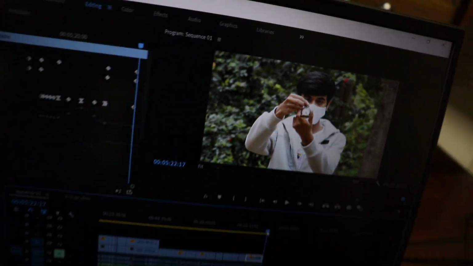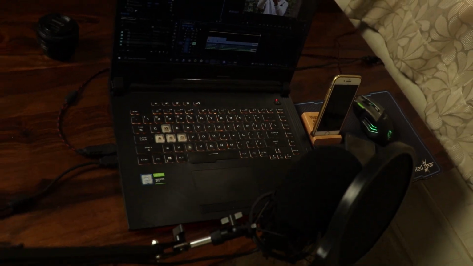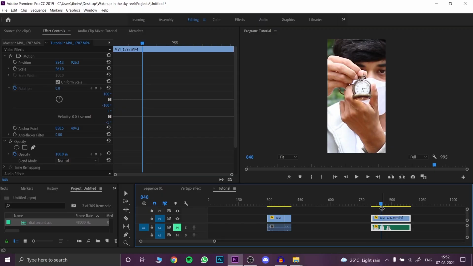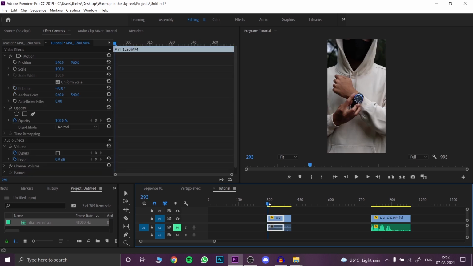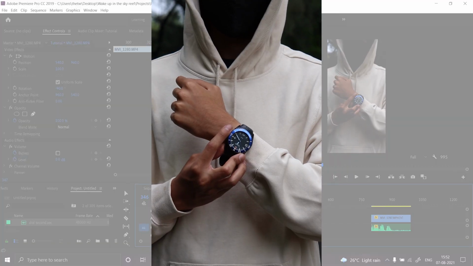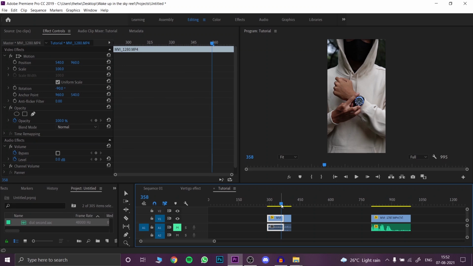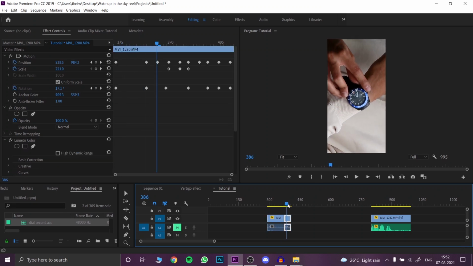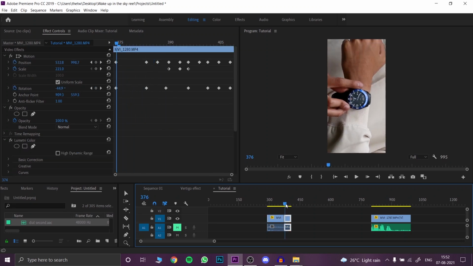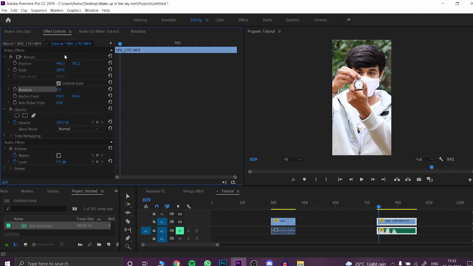Now once you have your video ready, let's learn how to edit this footage. Your raw footage will look something like this with just your subject spinning the dial. If I show you the raw footage from my actual reel, this is how it looks. You can see it just has my friend spinning the dial, and once you've edited it, it should look something like this.